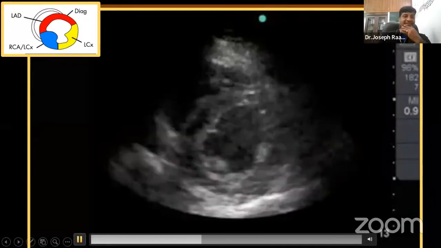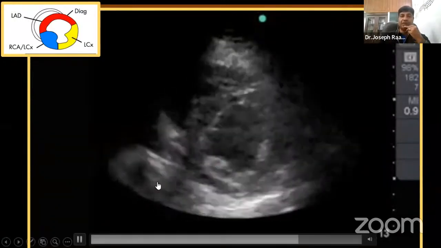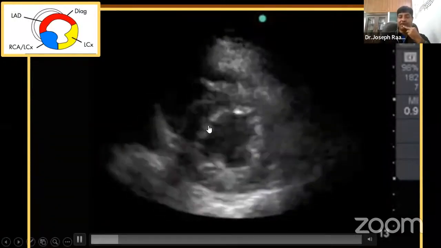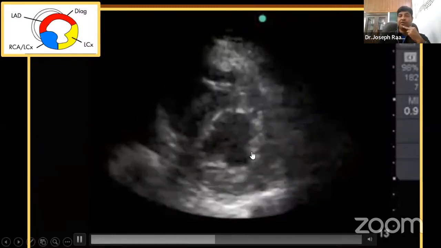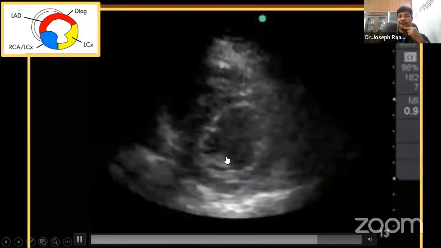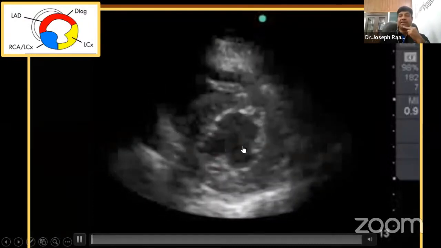So can you say this? This is a, you know that, what is this view? This is an apical, this is a mid-papillary view, where you see the segment of the left ventricle, and you see both the papillary, the anterior as well as the posterior papillary muscle. But if you see this particular area,